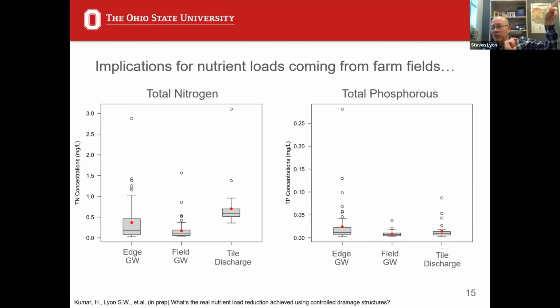If we think back to the things we saw at the large scale looking at tile drainage systems, that might be consistent as well. Remember, for nitrogen, independent of wet or dry, we're always pushing out that same load as a function of tile drainage concentrations. Phosphorus was a little bit more variable depending on if it's a wet or a dry year. So the devil might be a little bit more in the details here about phosphorus.